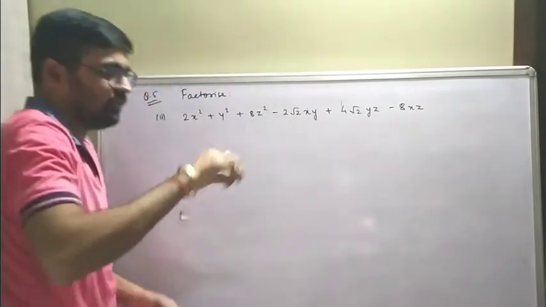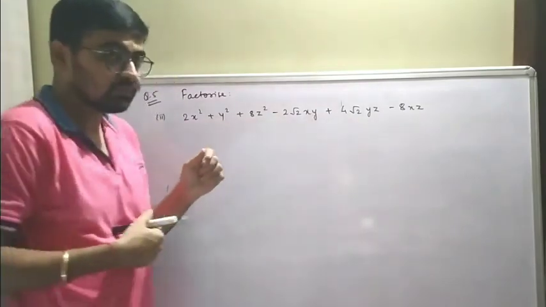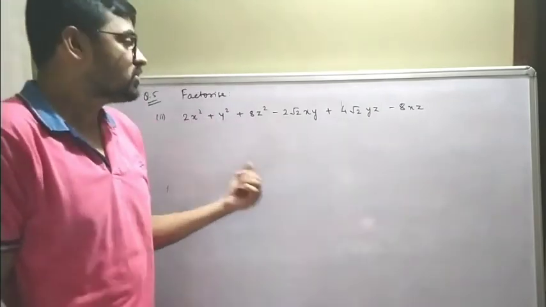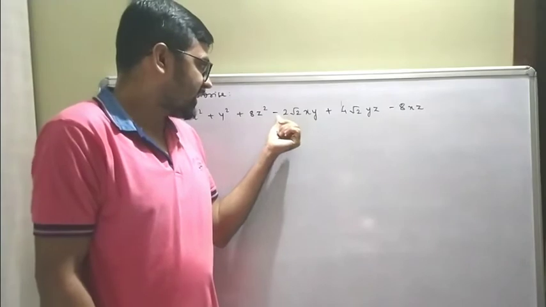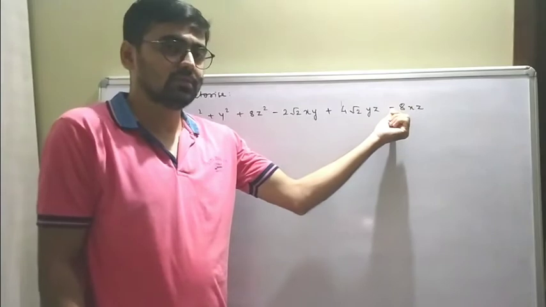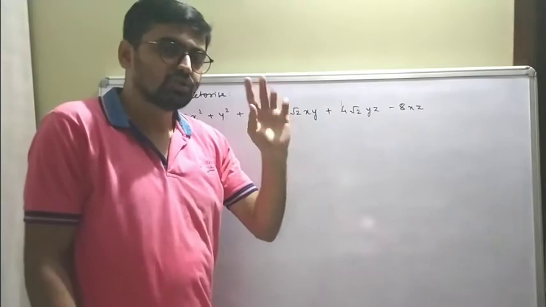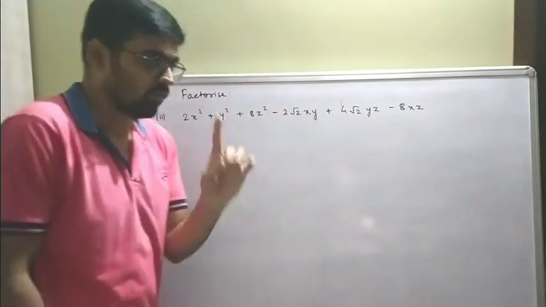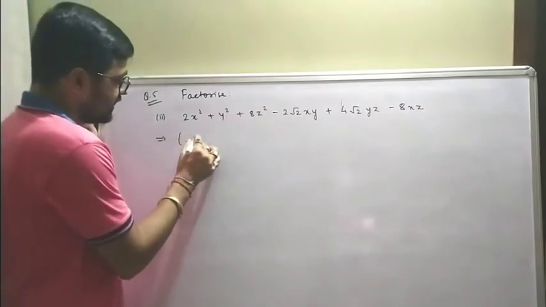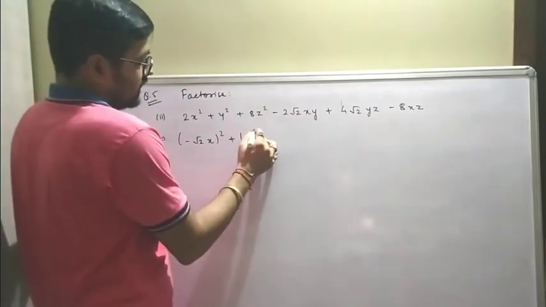In the previous video also I explained that whenever we have negative, we need to consider where we can go with negative in the given factors. If you look at this term, it's negative where x and y are there. If you look at this term, again negative where x and z are present. So what is common between these two? X. So we'll consider x as negative. So I can write this as minus root 2x square plus y square.